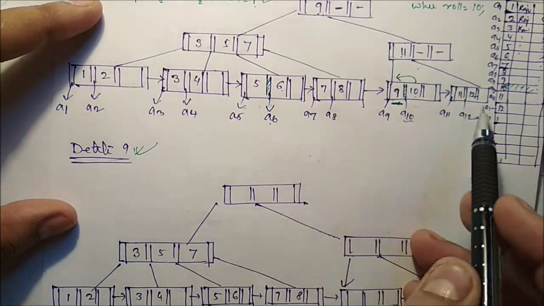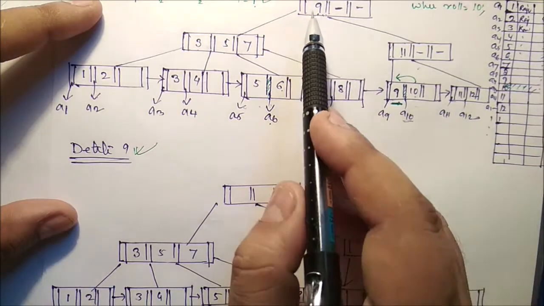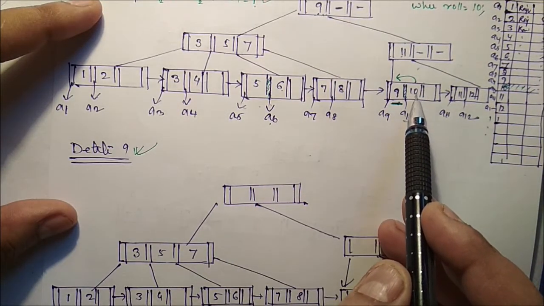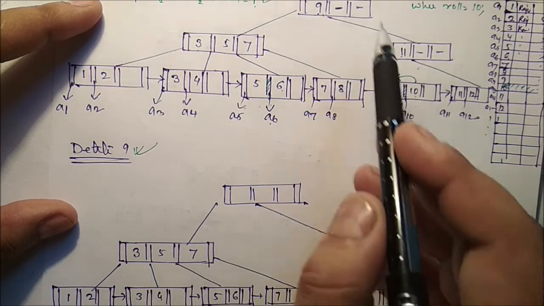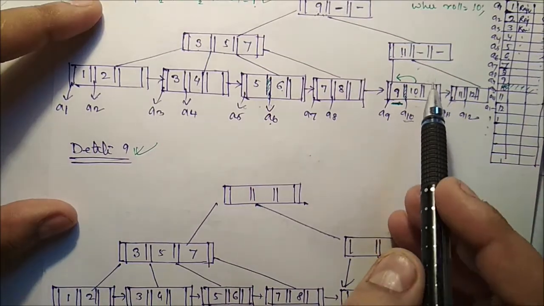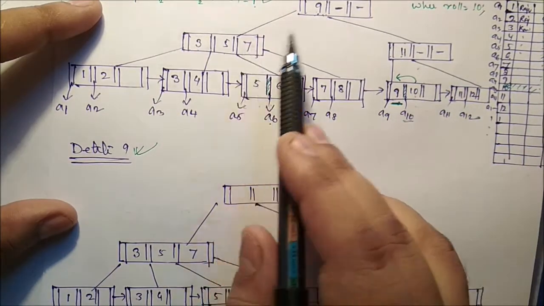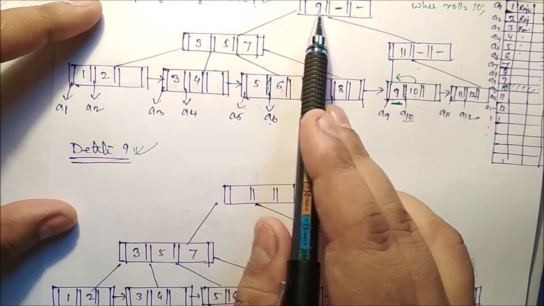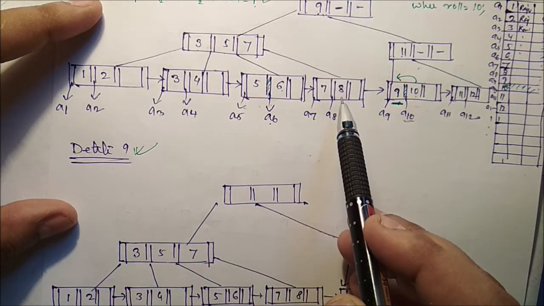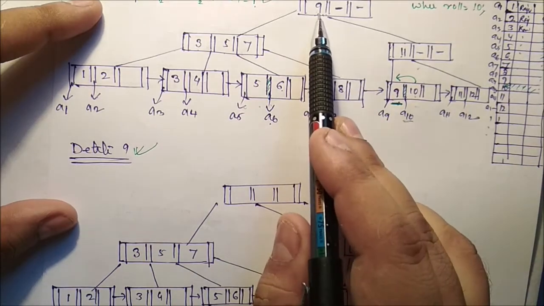Now from here we cannot put 11 here, because 10 is here, and 10 should be in the left part of this 11. So we cannot put 11 here. Similarly, we cannot put, say, 7. We cannot shift 7 here. Are you getting this one? If we put 7, that means 8 will be what? 8 should be in the right part of the 7.